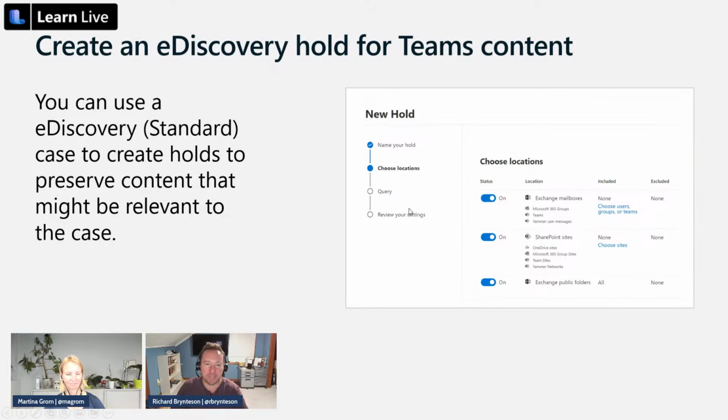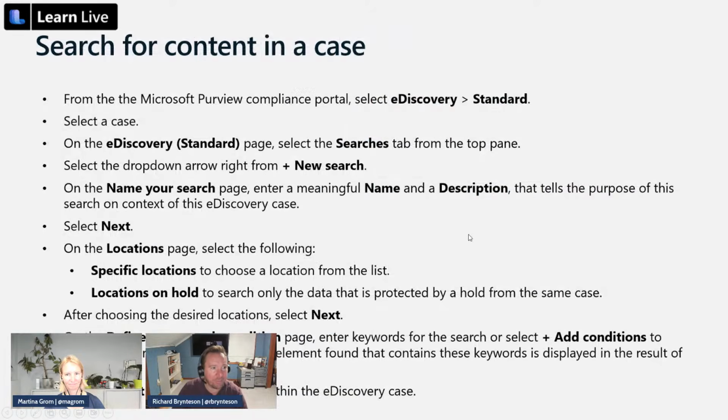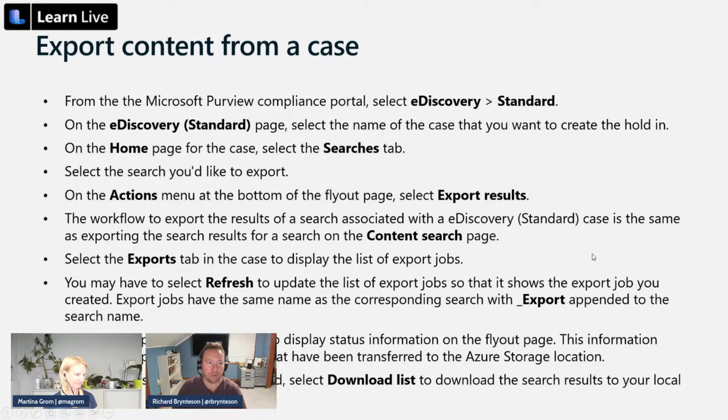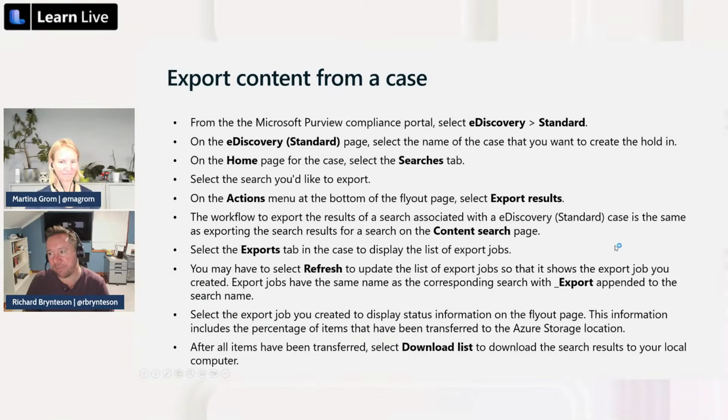So picking the locations, you get really large, but then you can scope it down and you can exclude as well, which is also critical. And then when you're setting up your query, you're typically just querying for words or conditions and stuff like that. The example says to give it a meaningful name and description, yes, but for the most part, it's just throw in what you're looking for. And when you're done, you can export out the information and then you can hand it off to someone else.